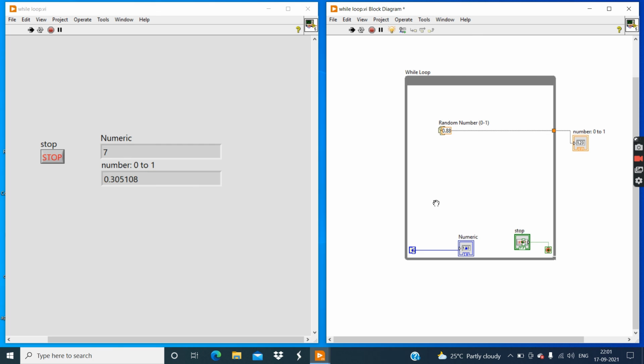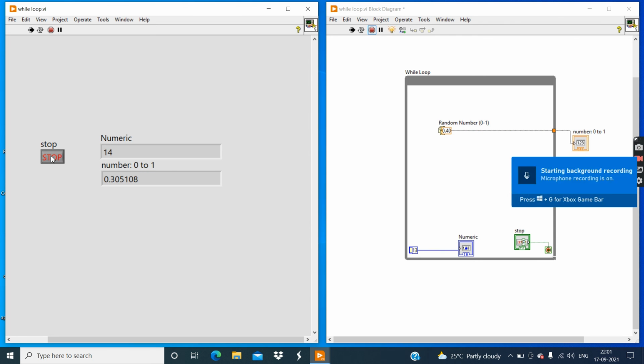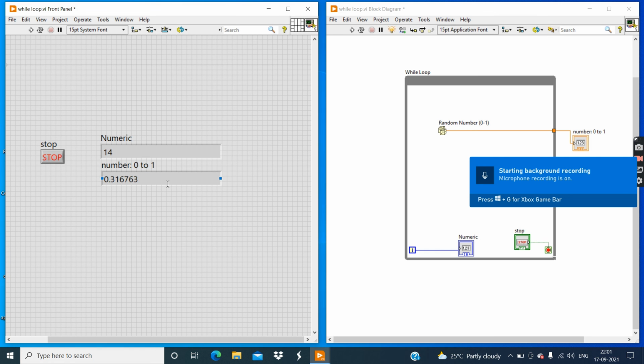Why? Because this indicator is outside the while loop. That's why we can't see the changes in the result. If I click on the stop button, then you can see I'm getting the result of this 14th iteration.